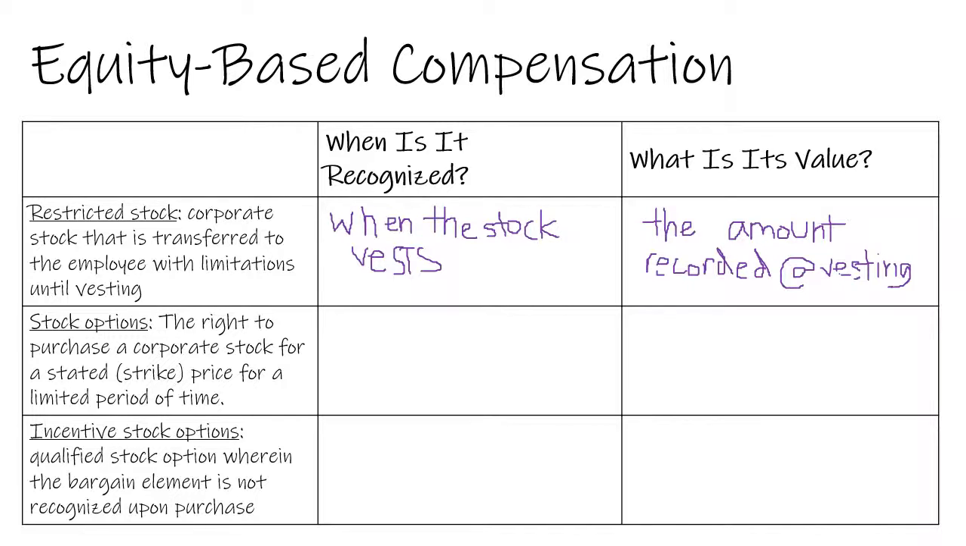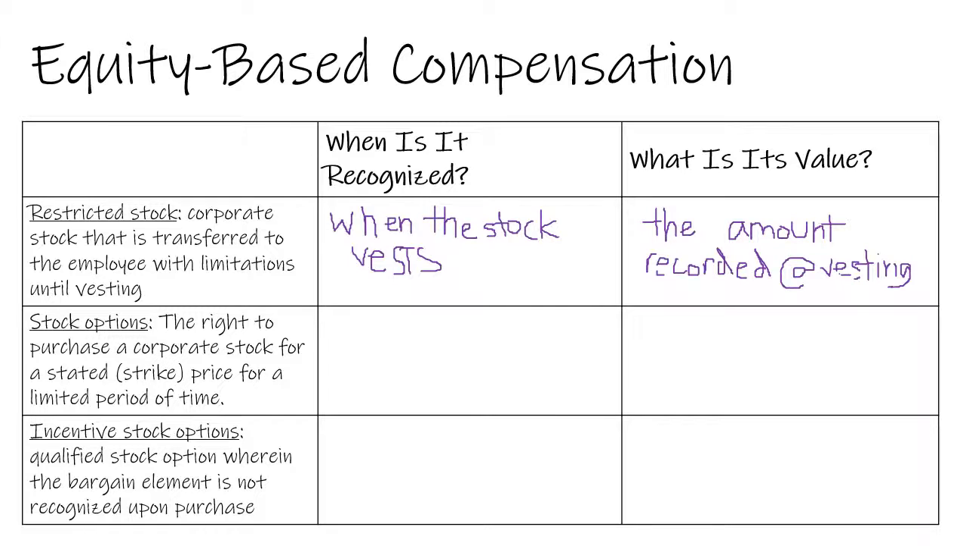Generally, since stock tends to appreciate in value, this means that the employee would recognize less income at the time of award than they would at the time the stock vests. However, if the employee does have to forfeit the stock because they leave the company, they cannot deduct the recognized income in the future. Stock options are the right to purchase a corporate stock for a stated price for a